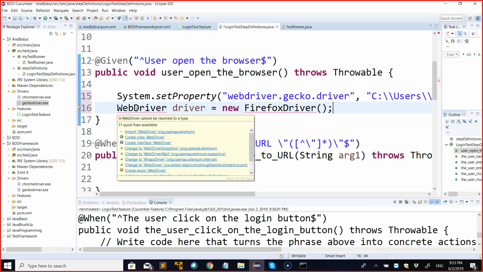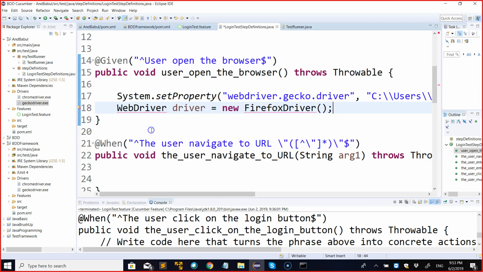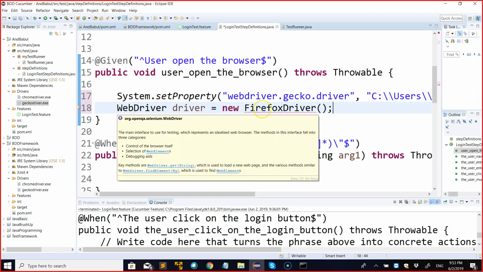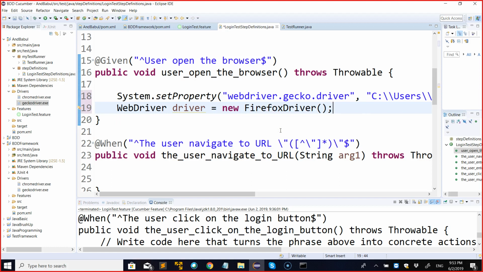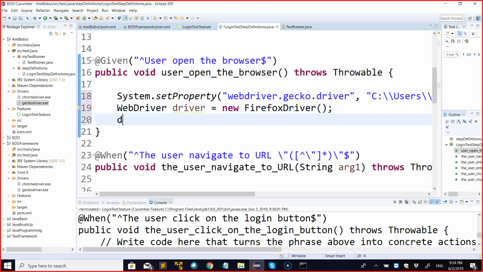Now I can import this WebDriver because WebDriver is a class and it's coming with the dependency jar files. I'm importing FirefoxDriver also. And now I can say driver dot